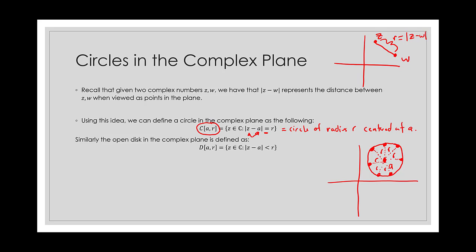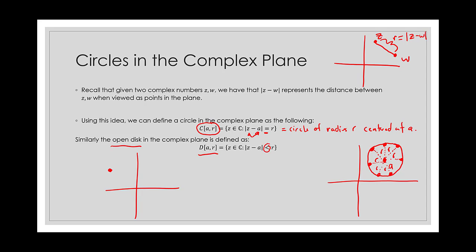Similarly, we can define the open disk in the complex plane as follows. So we denote it with D. So D(A, R), this is the disk centered at A of radius R. Now this is an open disk because notice here we have a strictly less than R here, so it's not actually including the boundary. So let's say A is over here this time.